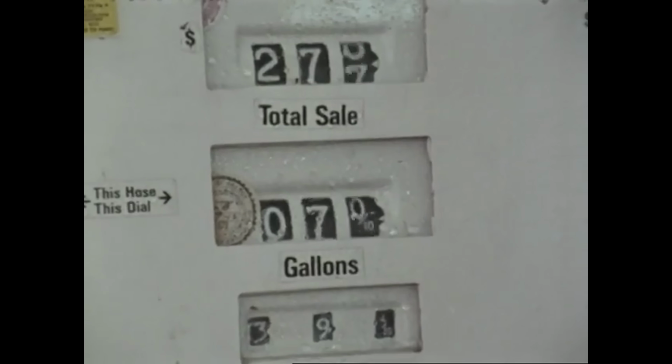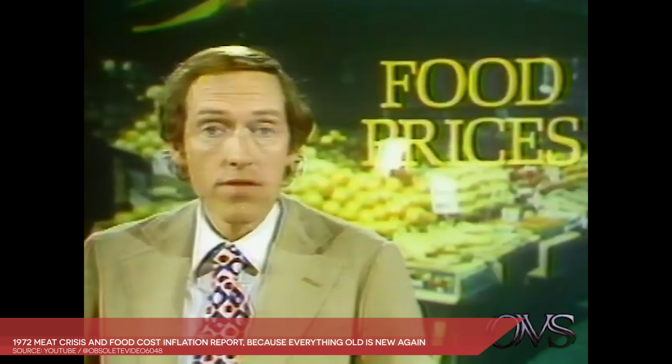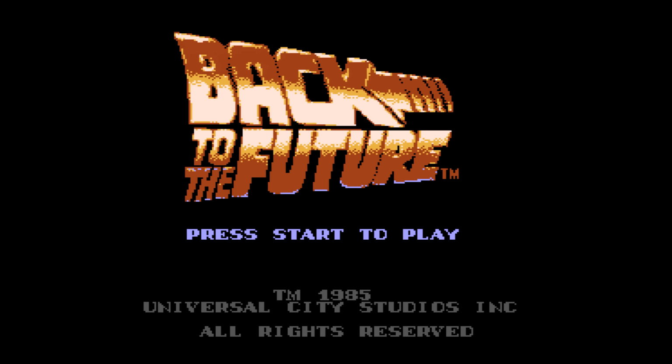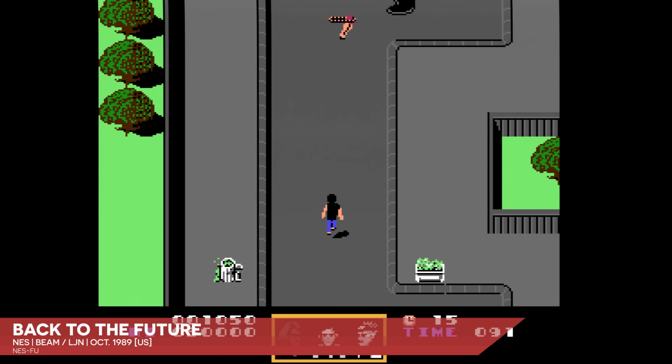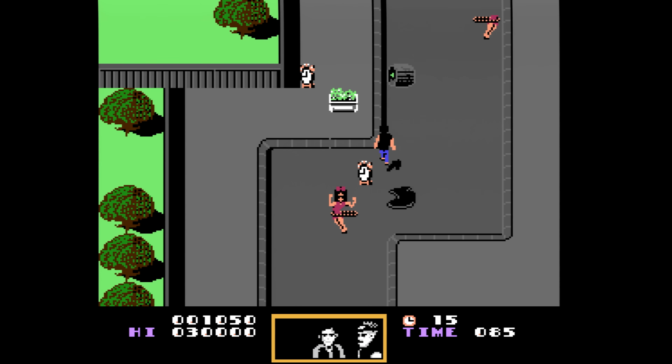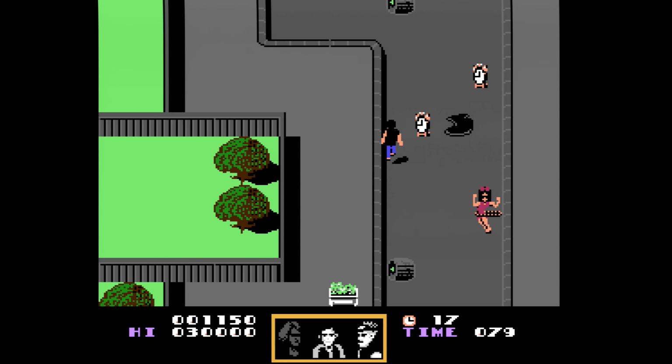Things like gas, power, and meat, things that Americans took for granted in abundance for decades, suddenly became expensive or even inaccessible. Eventually things did normalize, but society never quite settled back into the comfortable groove of the boomers' childhoods. But what does this have to do with Back to the Future for NES, you ask? Well, everything, really. When the long summer ended, a collective sense of cynicism replaced the optimism of the American mindset.